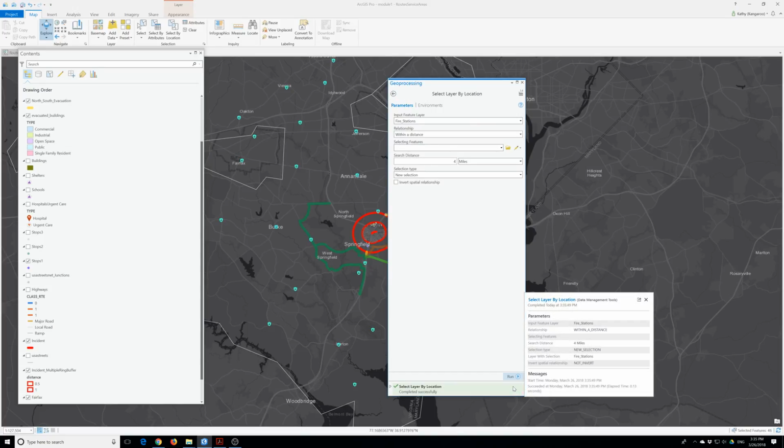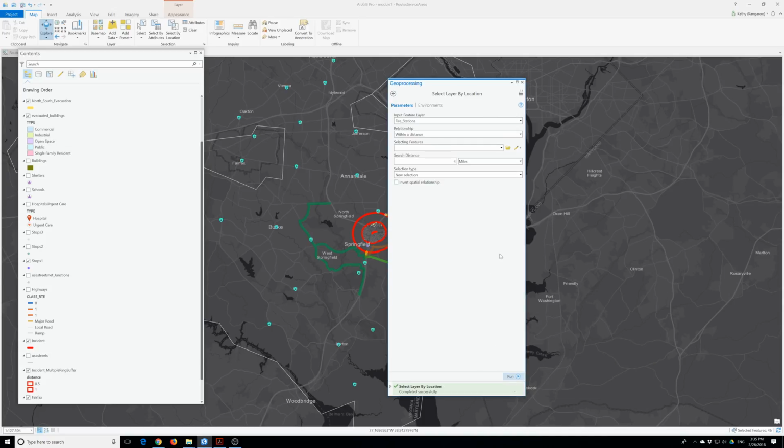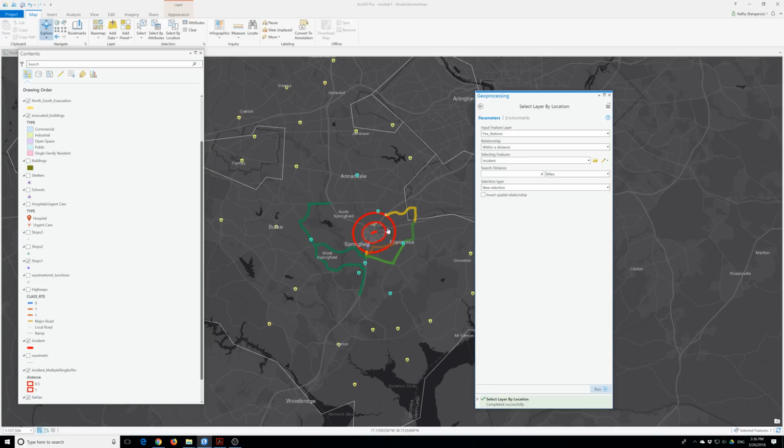And once I run it, and we have a fire station within a distance, and selecting feature, I should put incident. And then click run. If not, everything will be selected. Okay, so now we will see that near here, those state fire stations are turning into cyan color,